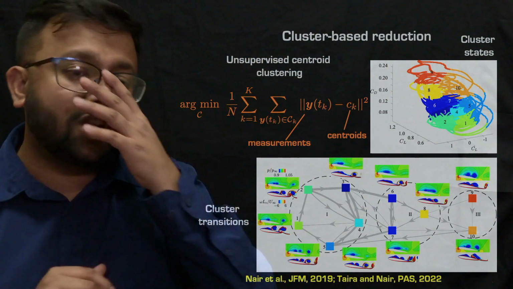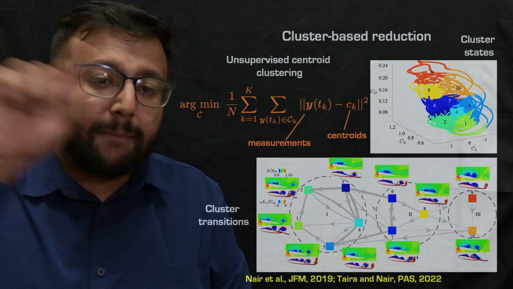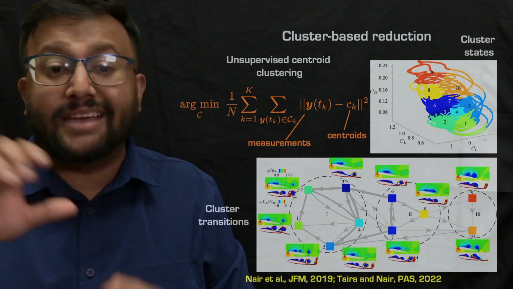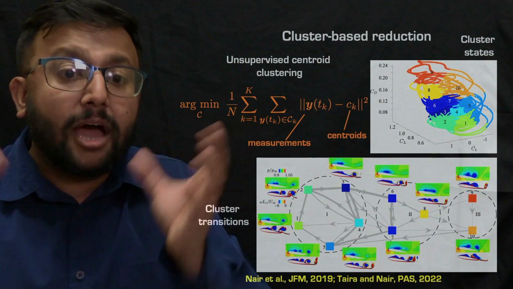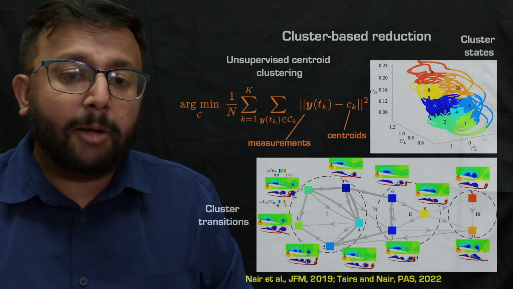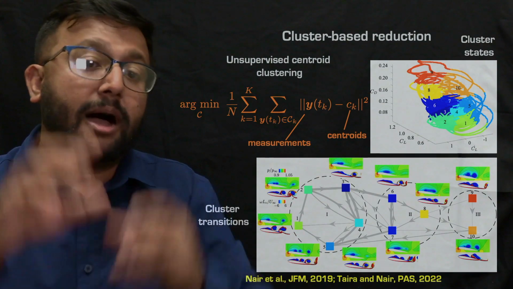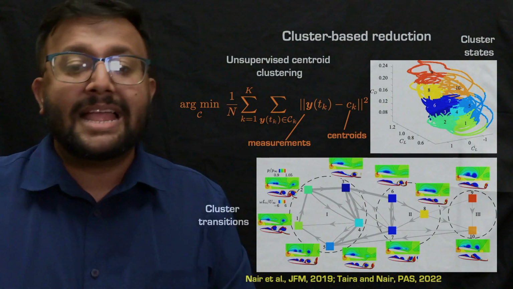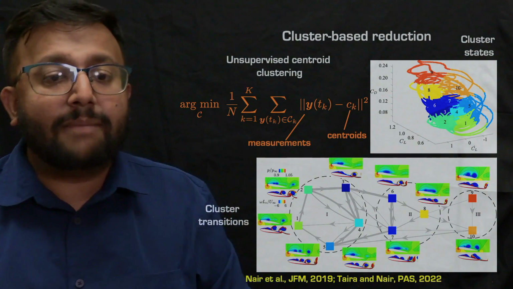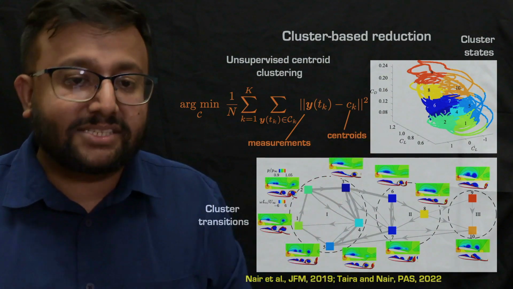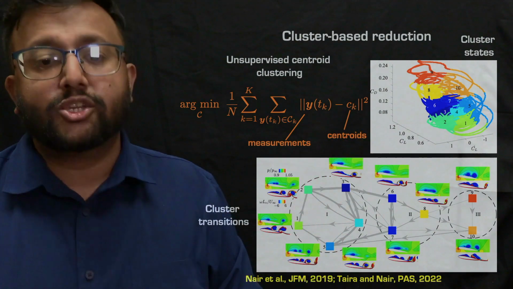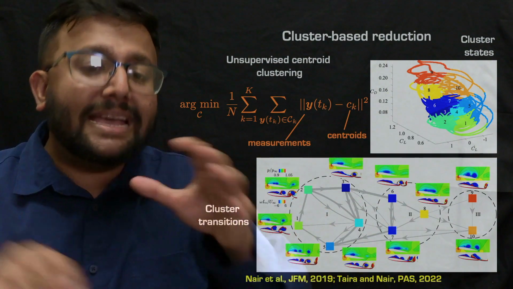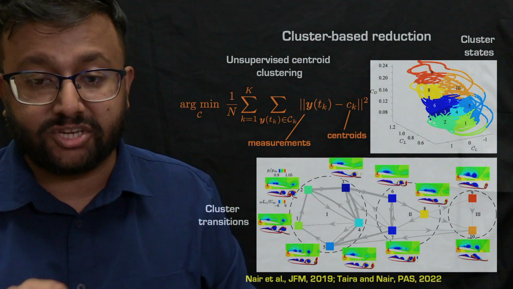Now, I want to give you an intuition about the cluster states. If you just had a periodic signal and you do this clustering, what you will get is the states being chopped up into different phases. So if you had 10 clusters, you would have chopped up the entire periodic signal into 10 different phases, essentially, right? And you could do the same exercise. Now, in here, I'm talking about turbulent flow past an NACA airfoil. So of course, some of the trajectories are not periodic. So you can then nicely organize what these cluster transitions are, right?